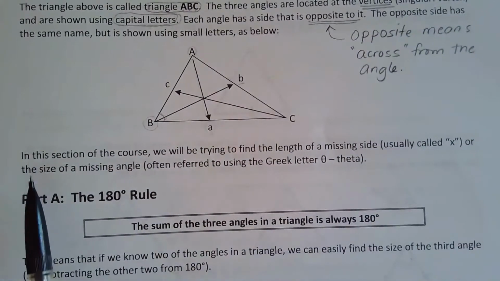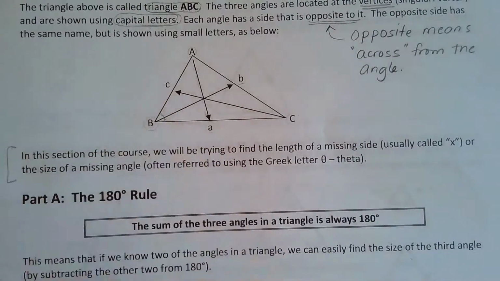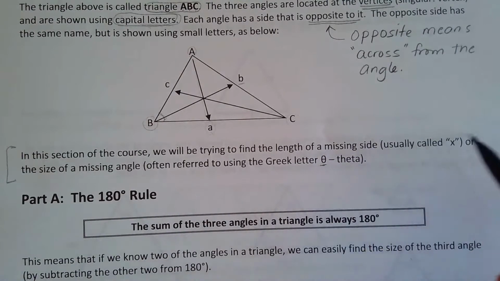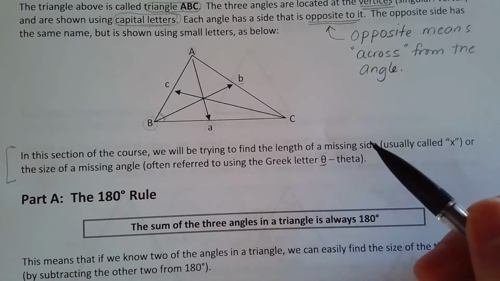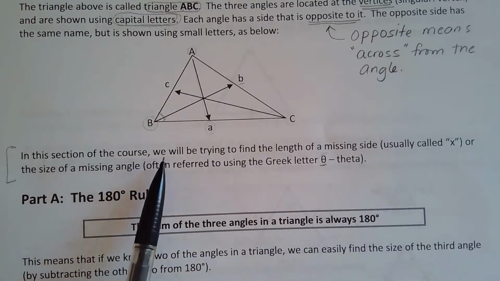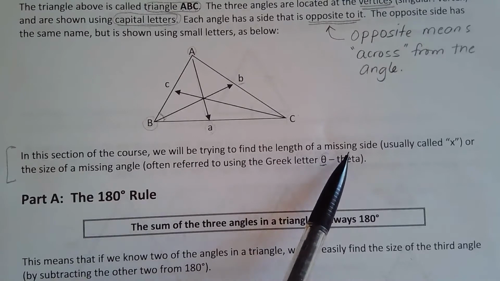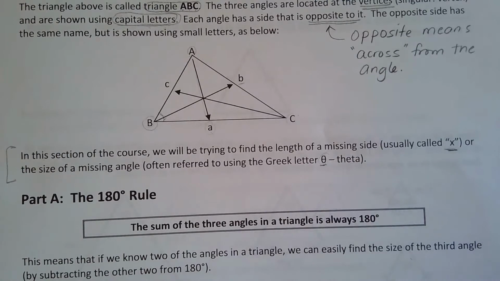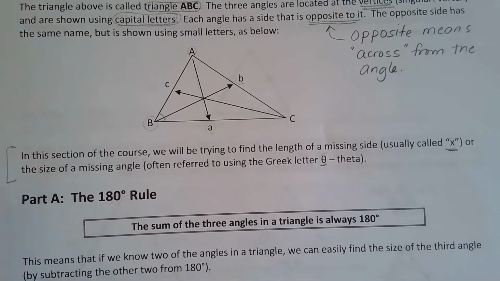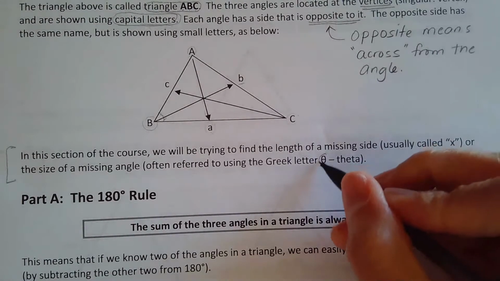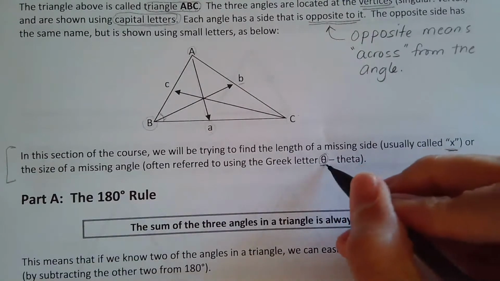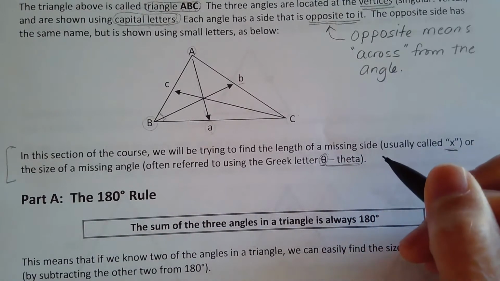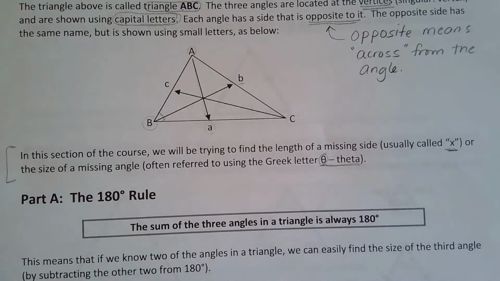Okay, so just some information in here: we're going to see X all the time. We're going to see theta, this little symbol in here. What do they mean? In this section of the course, we will be trying to find the length of the missing side, and the missing side we will usually call X. Or we can also figure out the size of the missing angle, and the symbol we're going to use is this symbol. You would read that as theta. Theta. It's a Greek letter. So there's that